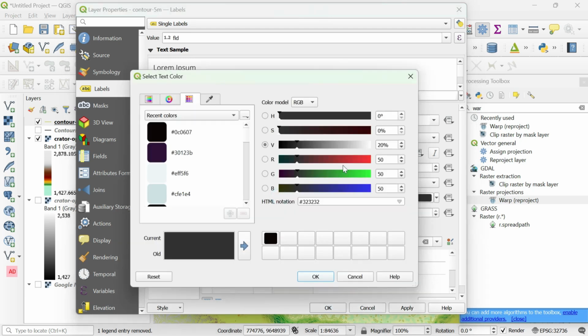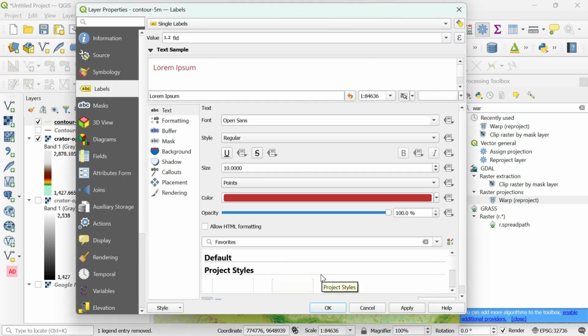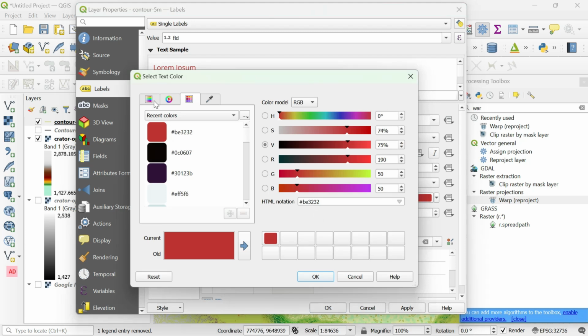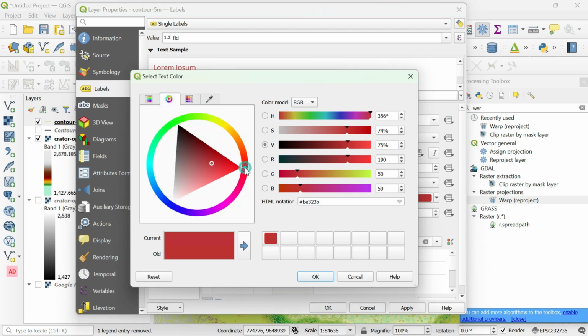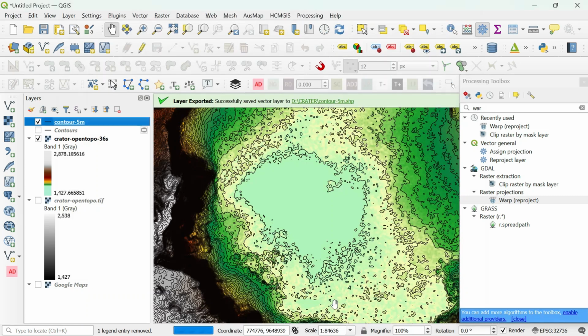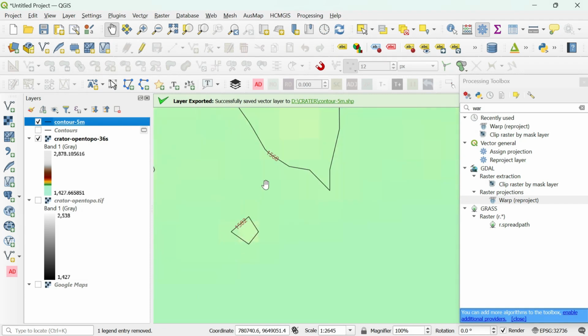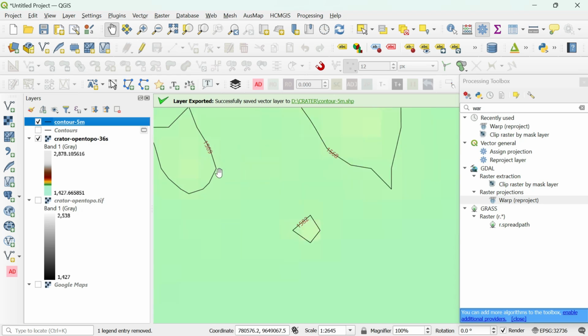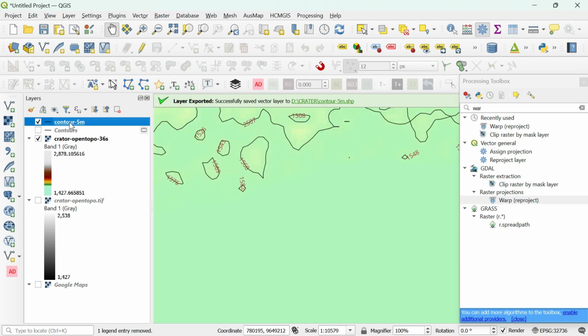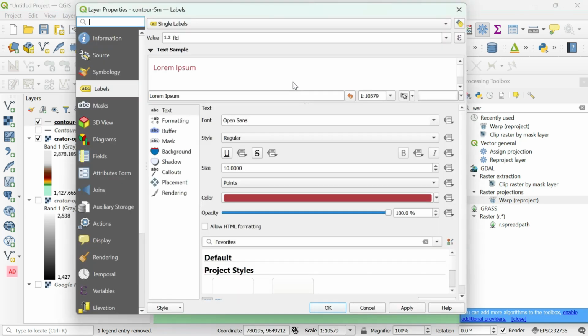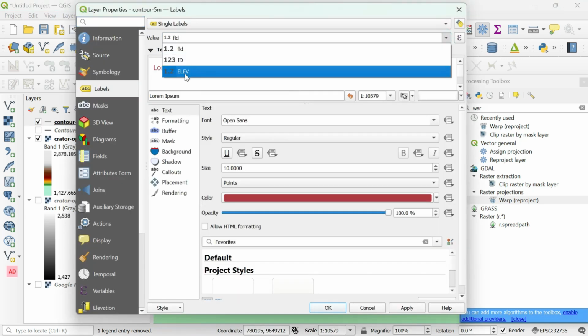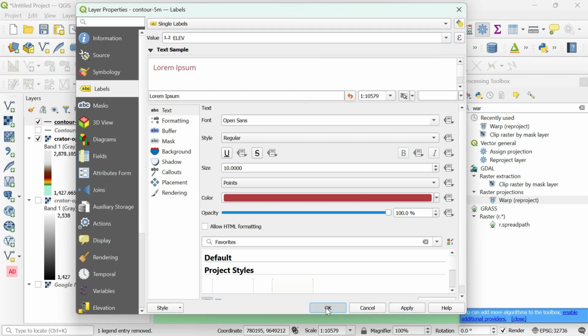So we're going to change the color here. I think I will make it some dark red. Click okay. Now it will appear, you see, you can see the labels everywhere. This is the ID number. Again I made a mistake, go back here and change the attribute table field name to elevation, just say okay.